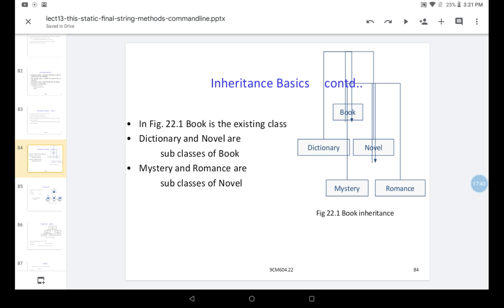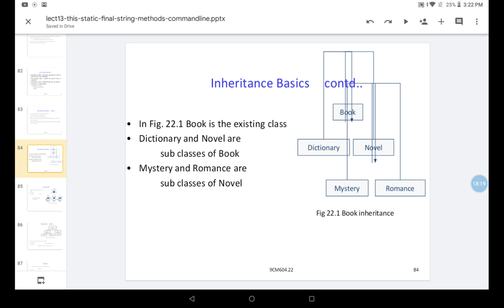Mystery is also a novel, romance is also a novel, and dictionary and novel are both books. So an is-a relationship is shared.